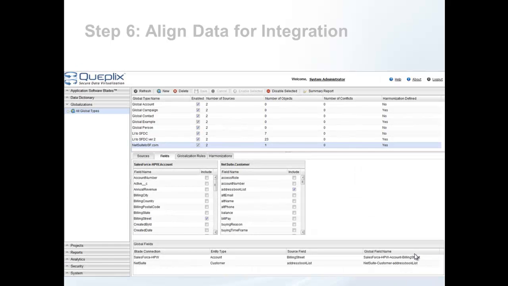Now, of course, we have to align the data. We have to make sure that all the data elements are mapped up between the different systems. We understand the semantics. We've done some of our transforms. And by clicking a few more boxes, boom, address fields are lined up. State fields are lined up. Text fields are lined up. Whatever it is that you want to align. It could be customers. It could be products. It could be HR data, vendor data. Whatever it is, we bring it all together automatically and easily for you.